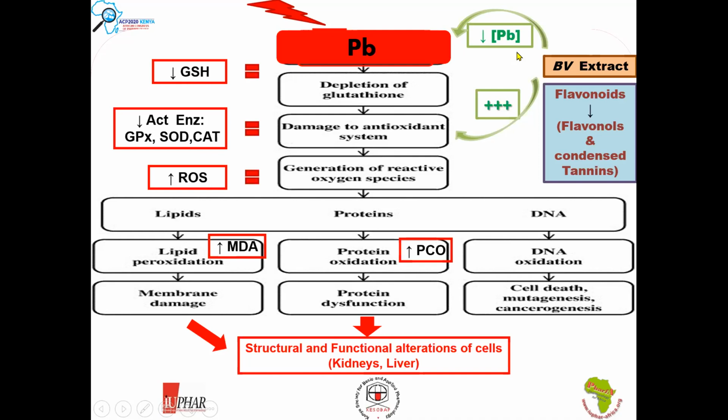in blood and in the tissues, and potentiating the antioxidant system that can, as a benefit, increase GSH and the activity of antioxidant enzyme GPX, SOD, and catalase, and by this way decreasing the generation of ROS. That was manifested by the decrease in MDA, products of lipid peroxidation, and the PCO, protein carbonyl, products of protein